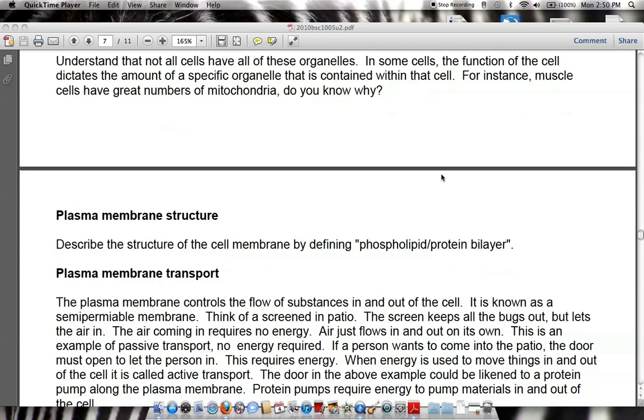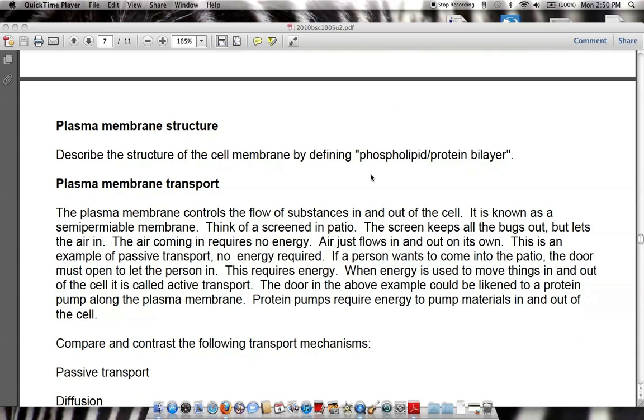Moving on, plasma membrane. Well, we'll get into that in another